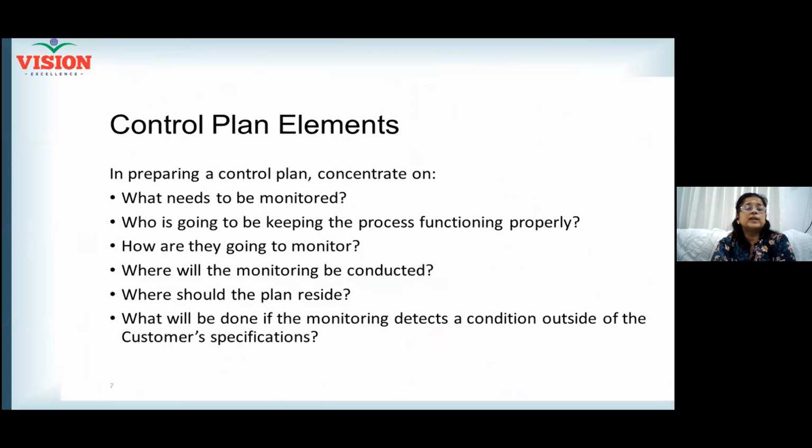So what are the control plan elements? Whatever you want will be highlighted in a control plan. What needs to be monitored, which machine, who will do that, what product, what process needs to be monitored, when it will be monitored, how it will be monitored, all that comes in preparing a control plan. So what needs to be monitored? Who is going to be keeping the process functioning properly? You have to bring